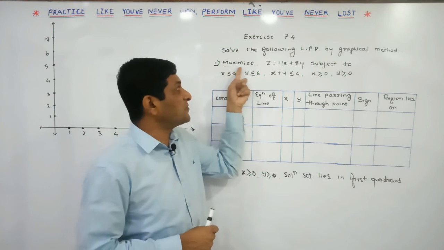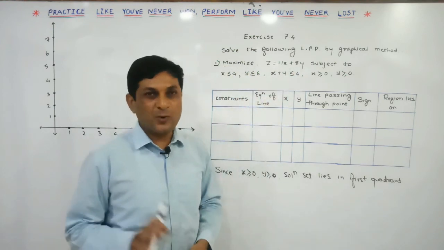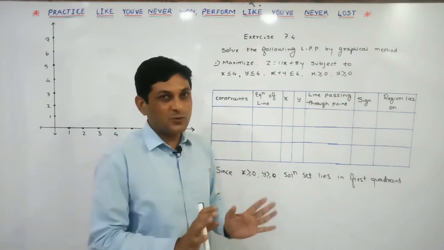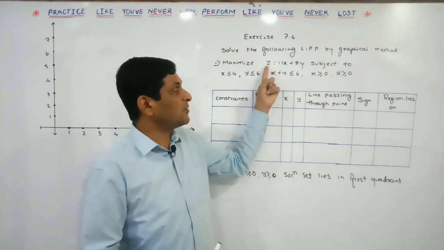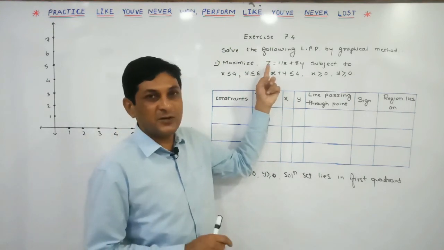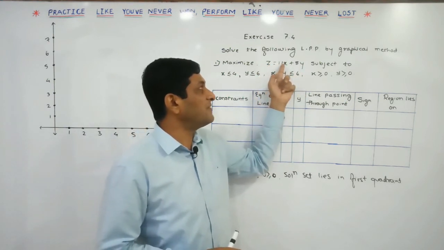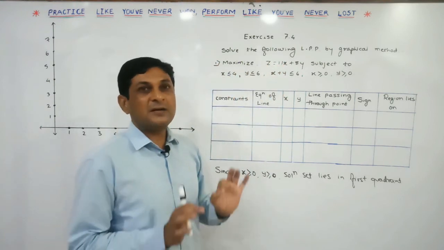In this case we have to maximize this objective function. Already we have seen the definition of objective function. It is nothing but the goal which is to be maximized, and that goal is always represented in terms of what? A linear expression. Here what is the value, and that is generally denoted by z. So here our objective function is z is equal to 11x plus 8y.